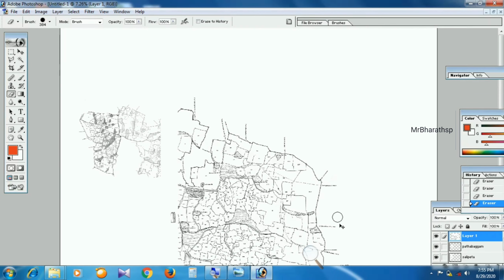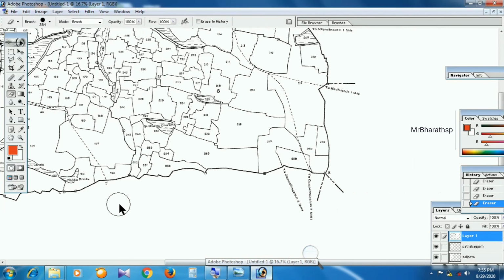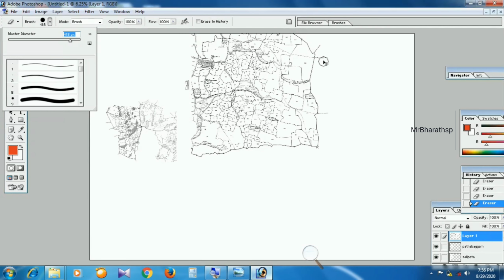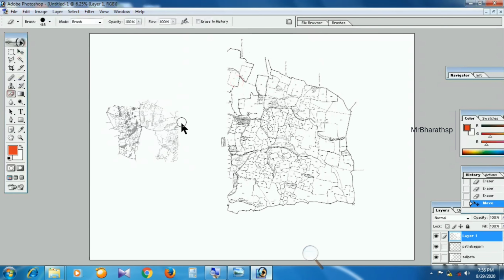You should remove all the unwanted indexes and names like this. Now using the arrow symbol, let us move it aside and remove this unwanted index.